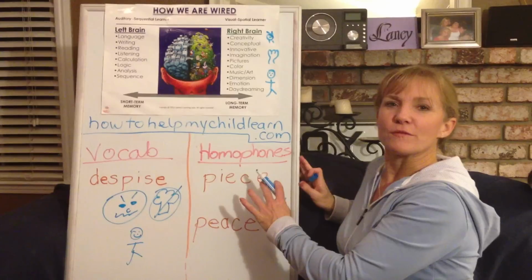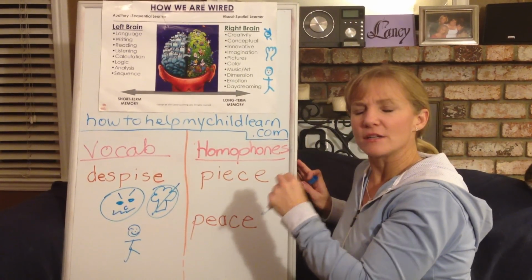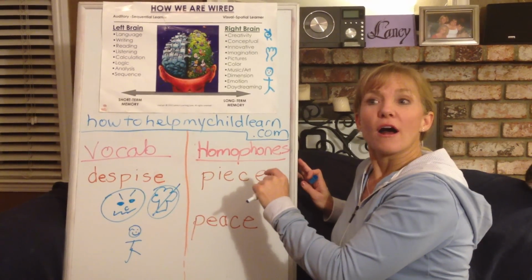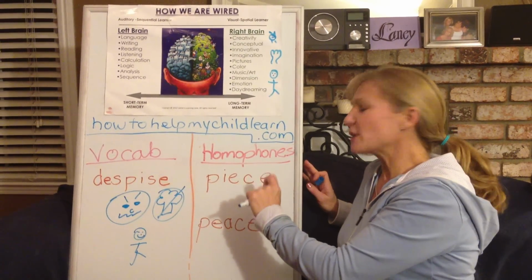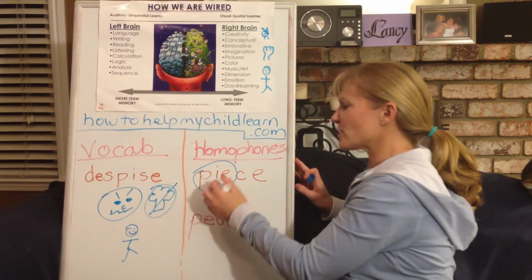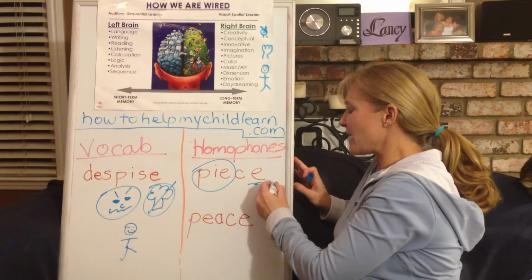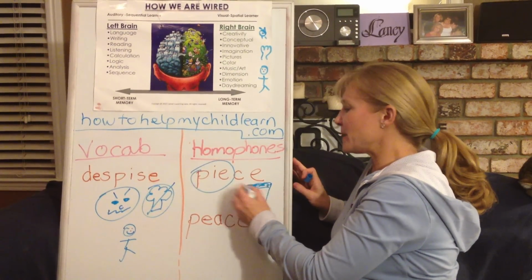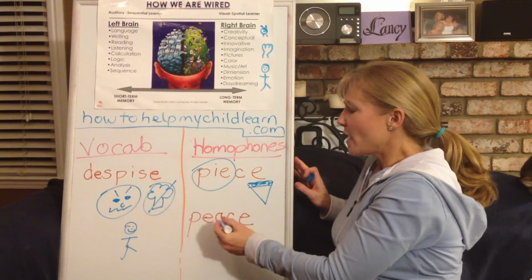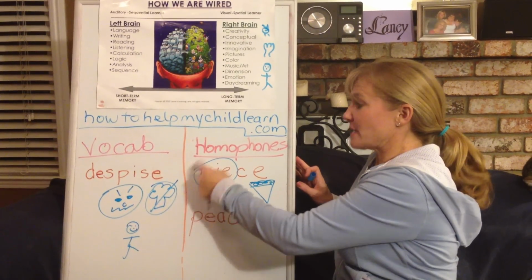Okay, now let's move on to homophones. Homophones are words that sound the same that have different meanings. I'm working with a boy right now, and here's how I've applied pictures to these homophones. So I say, okay, what word is right here? He goes, oh, that says pie. So this word piece is like saying, I am having a piece of pie. This refers to a piece of something. Now, if you phonetically know this, this does not say E, this actually says pie, but